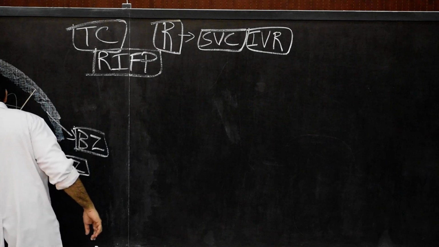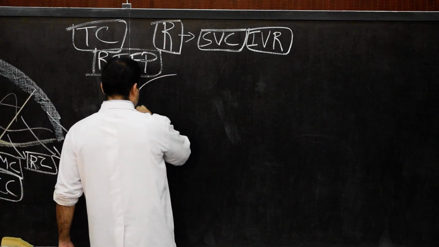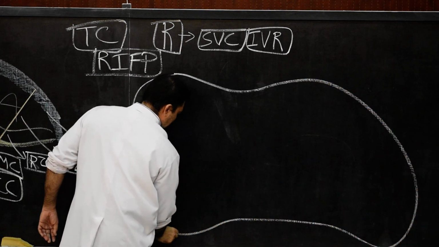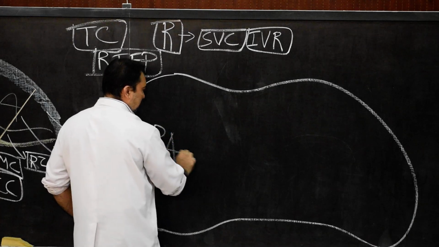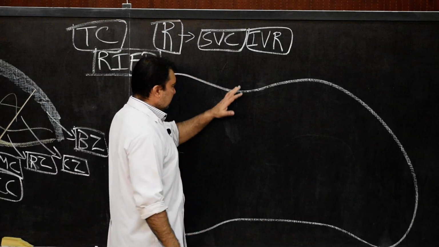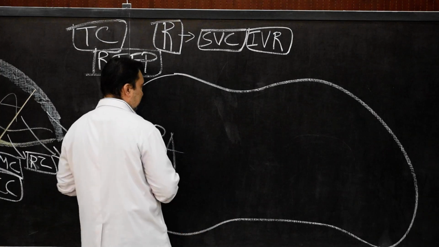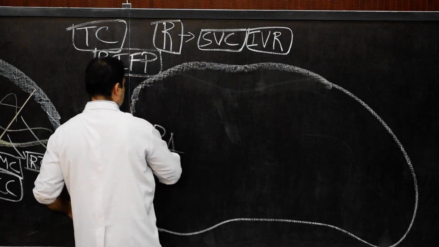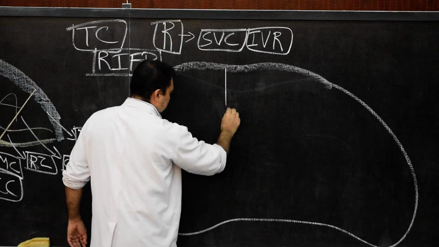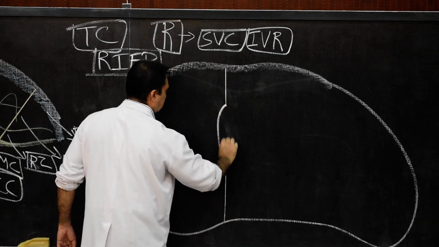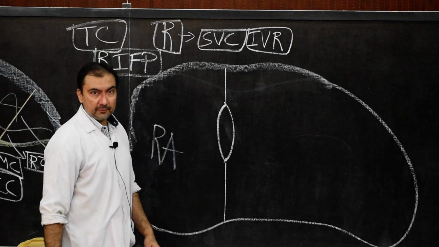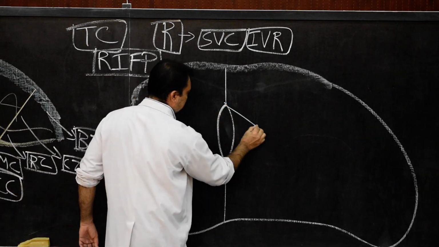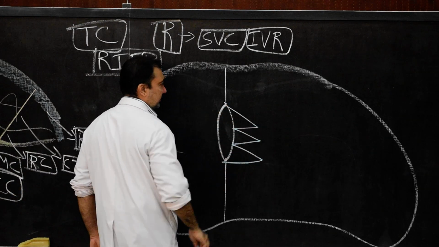And to understand that, we use the same diagram which we had drawn, that is the cross section. Now here, this is the cross section. This one will be the right atrium. Over here there will be the right ventricle. The same cross section we drew previously, here I will just extend it so that we get enough space. Now over here we show the demarcation and the tricuspid valve, the right atrioventricular orifice. Over here we show the three cusps of the tricuspid valve.